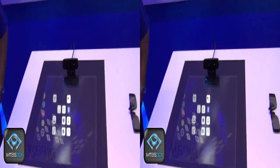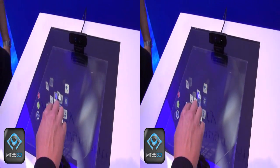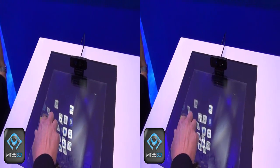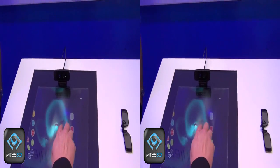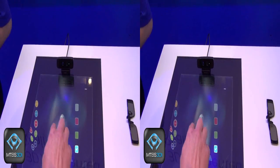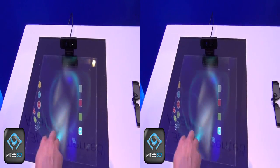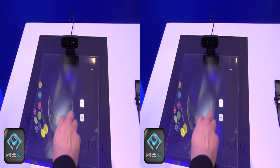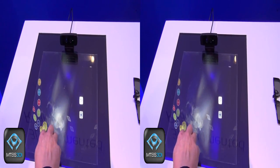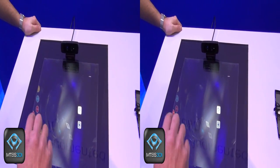What you have here is a floating display, as you can see, and the ability to actually interact. And the depth sensing with the RealSense technology is actually helping you use some of these capabilities. And you can actually use a virtual keyboard in the air. Imagine the kind of applications you can have if it's an ATM machine, and only you can see the keypad,